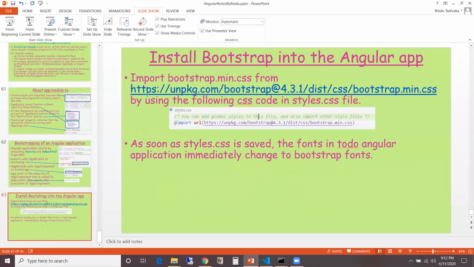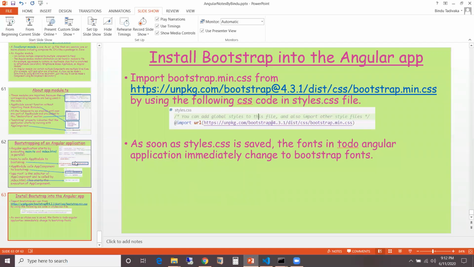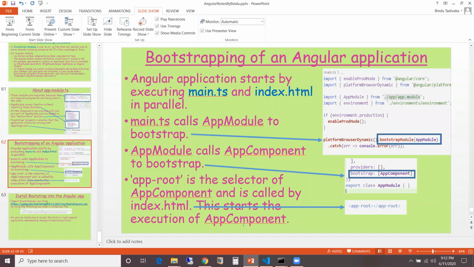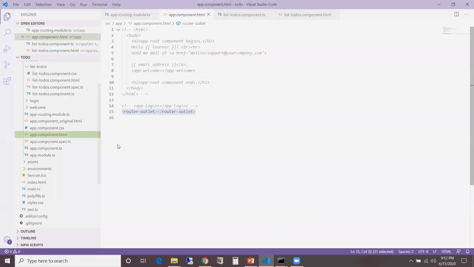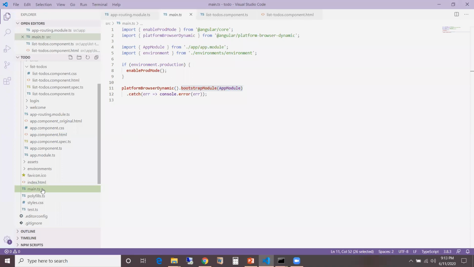So that is how the application bootstraps. And now, Bindu, if you don't mind, can you go over one more time how the application kicks off, where it looks at? Yeah, so the application starts by executing index.html and main.ts in parallel. So both of these start executing in parallel. And if we start with main.ts